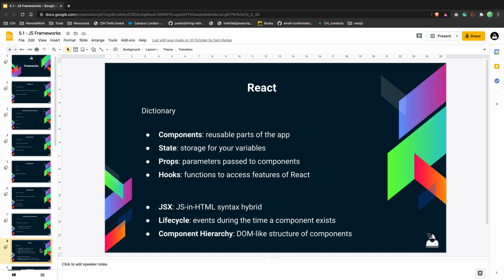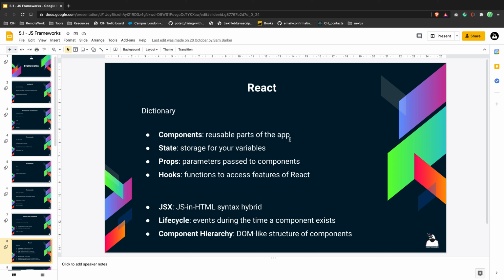About React, a dictionary. Components means that this is a reusable part of the application. So you're actually creating components. We call them components to have pieces, like building blocks for your application. State means the storage for your variables, for your data, local data. So we call it state.